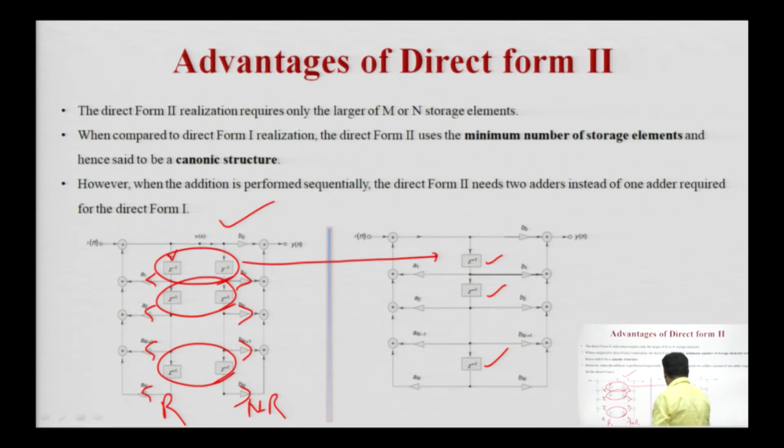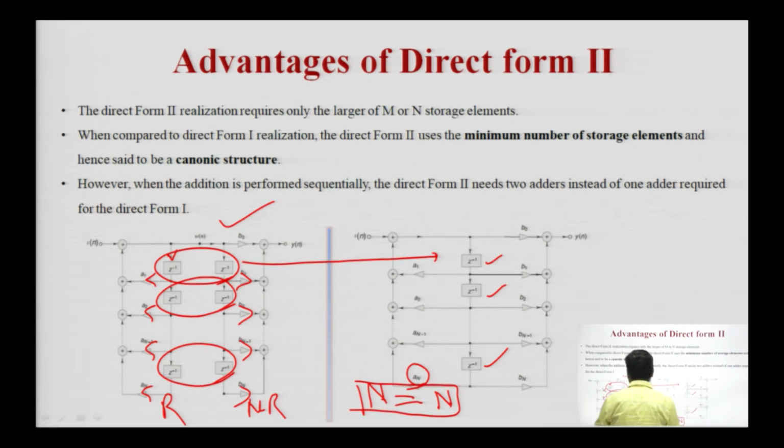So, here if your order of the system is N, capital N, then your number of delay elements also you require N. So, in direct form 2 में ऐसी possibility है कि हम दो delay को एक कर दें तो कोई फर्क नहीं पड़ेगा. तो अब क्या हो रहा है, हमारा जो delay element वहाँ पे जहाँ पे 2N लग रहे थे वहाँ N हो गए, आधे हो गए, और जो order of system था वही delay element के बराबर हो गया. तो direct form 2 में ऐसी possibility है, direct form 1 में ऐसी possibility नहीं है, क्योंकि direct form 1 में ऐसा हो ही नहीं पाता है.